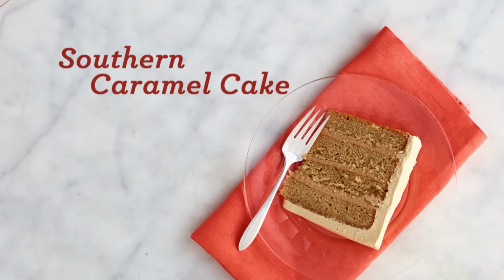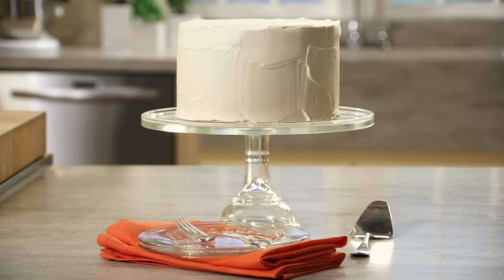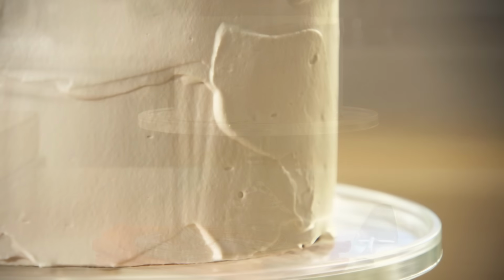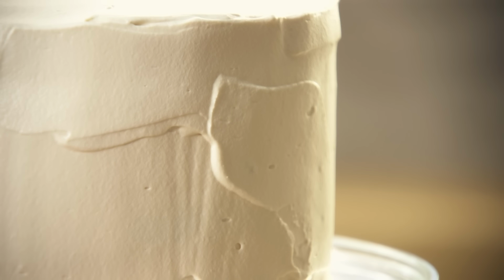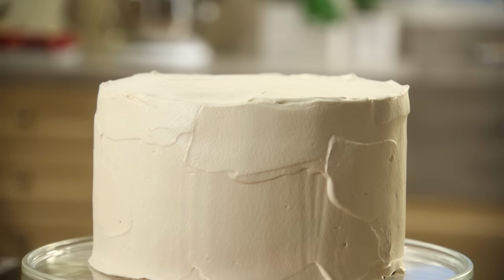Layer cakes took the South by storm shortly after the Civil War, when the first published recipes began appearing in books and newspapers. This caramel cake, with its irresistible combination of tender vanilla cake layers and rich frosting, soon became